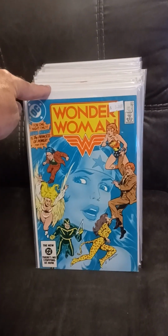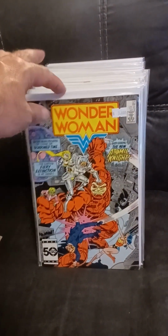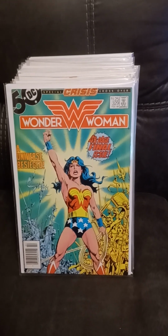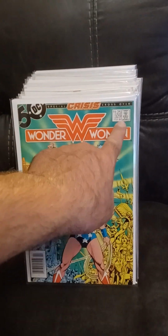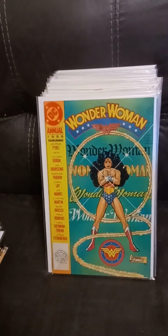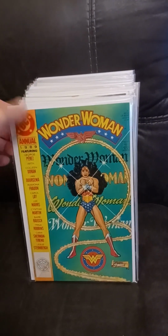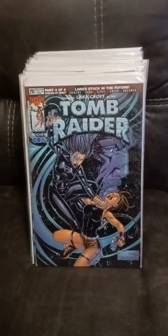And I do have the last issue in here. As you see, it's 325. This is the official last issue when they finished that original series. Then they threw in numbers after it that I could care less about, but this would be the end of it, February of '86. And then this is one of the annuals too, it's a regular series of the next one, but I thought it was kind of neat with Perez and all them and stuff, so I figured I'd grab it. Got a little Tomb Raider,